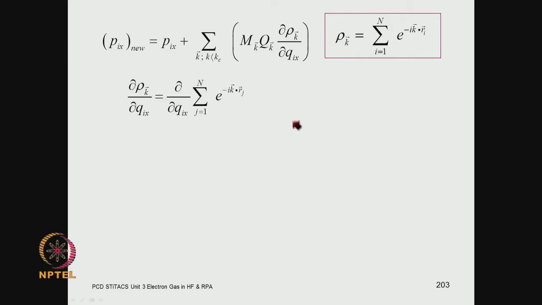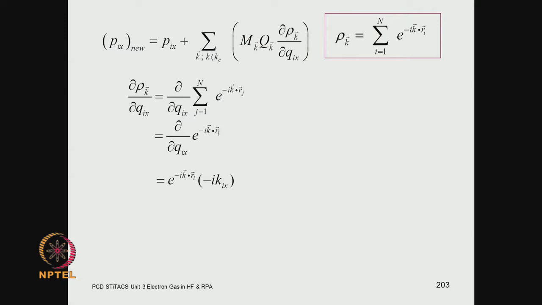You need del rho by del q. You have the explicit form for the Fourier component of the charge density, where you have got the position vectors, and you have to take the derivative with respect to del q corresponding to the i component. So, when you take the derivative, you will get minus i k, and you will have the x component here,